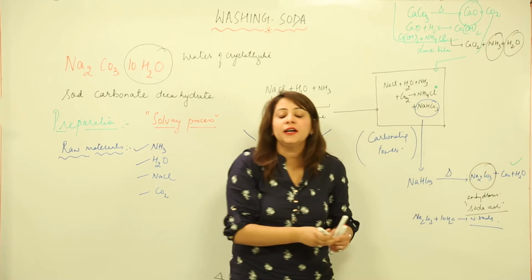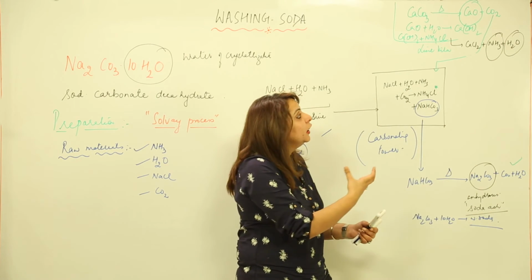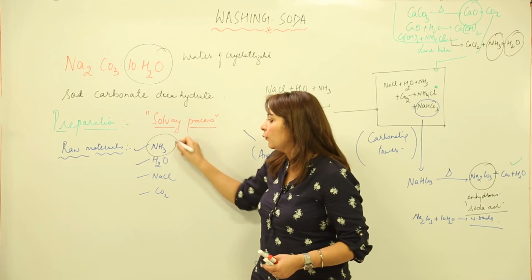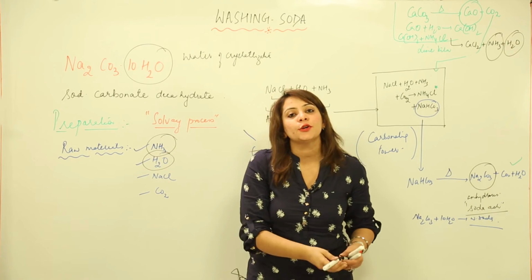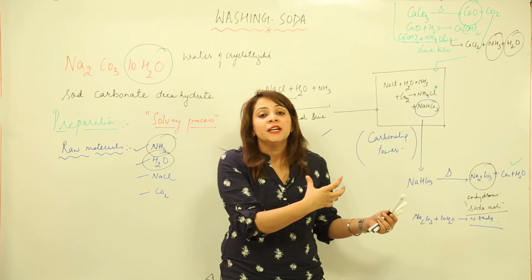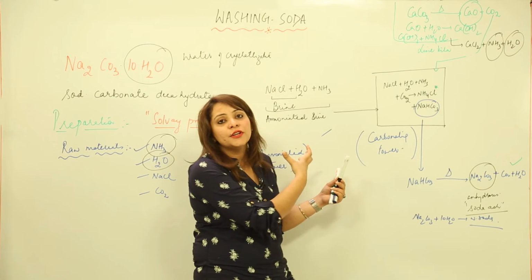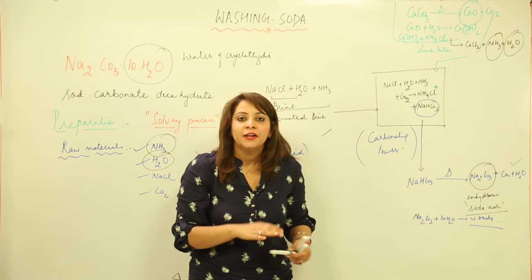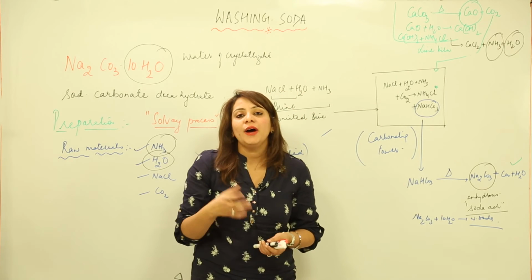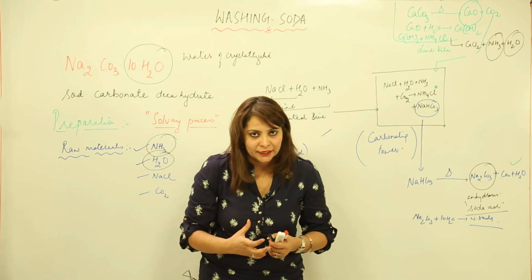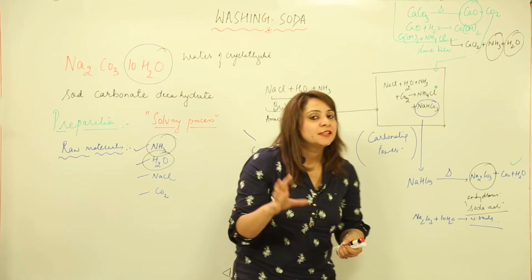And what is the purpose of this? What purpose are ammonia and water solving? You know that ammonia and water are two raw materials of the Solvay process. So they can be refed into the ammoniated tower, in which they will form the brine again, and this is how the reaction will keep taking place. So I think it's clear why the Solvay process is an important process and what the advantage is. I'm explaining it again, so just look at the board.